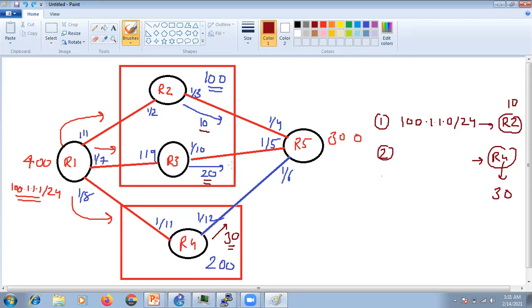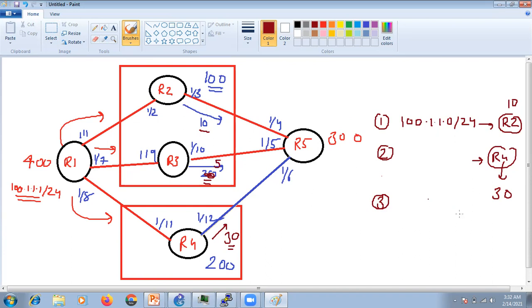But now here comes the next thing. We also get the update from R3. It also sends the route to R5. Let's consider that R3 sends a metric lower than R2, let's say 5.